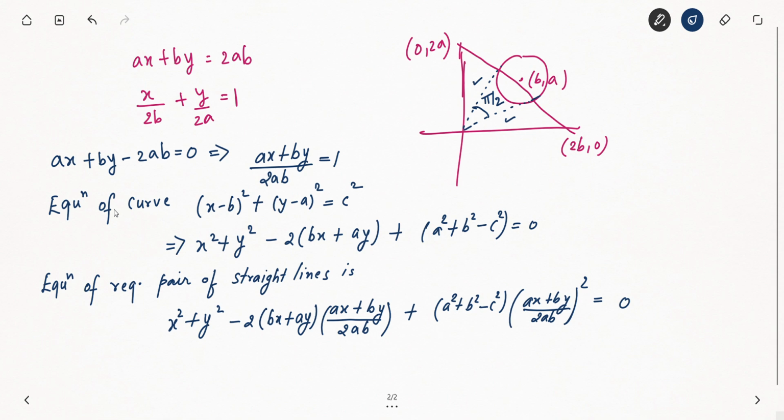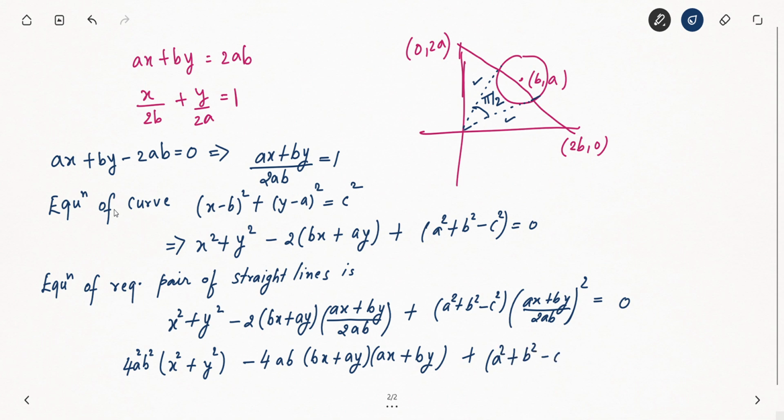Now if I simplify a bit, I can write it like this: x square. How am I going to simplify? Say this is 4a square b square. After squaring it will be 4a square b square. Here it is 2ab. So taking 4a square b square common here, it will be minus 4ab, and then there will be bx plus ay, and then there will be ax plus by, and then here it will be a square plus b square minus c square into ax plus by whole square